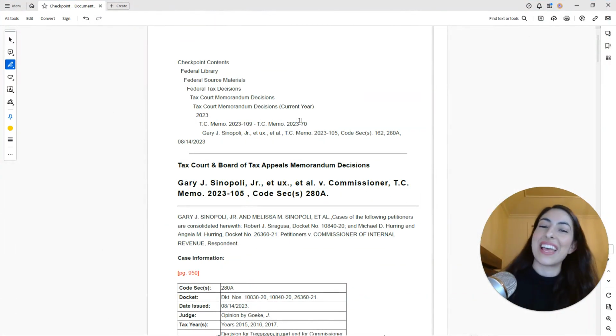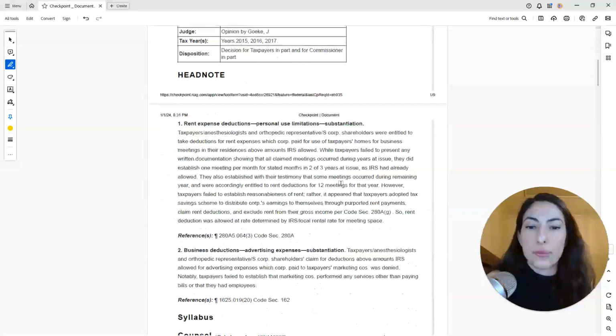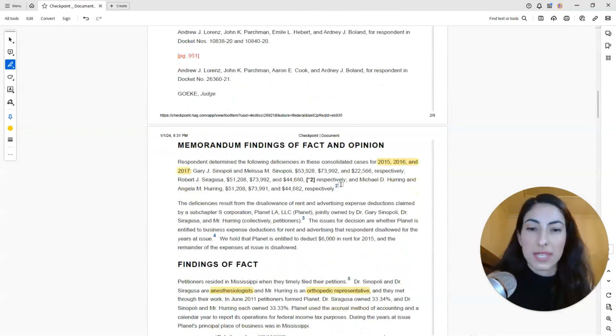That's what it is. So this is a 2023 tax court memo. What that means is, of course, that it came out in 2023, and a tax court memo is basically like, this is not new law. This is old hat. This is not a novel concept. This is not interesting, new. We're just reiterating the established and clear law here. And so let's go down. I've highlighted some sections for it.